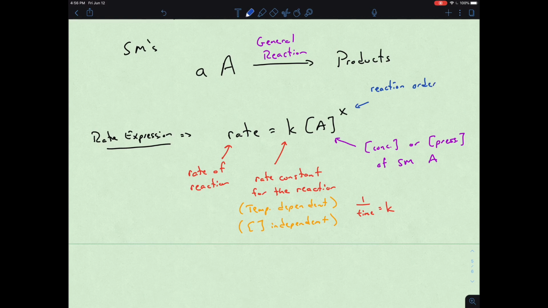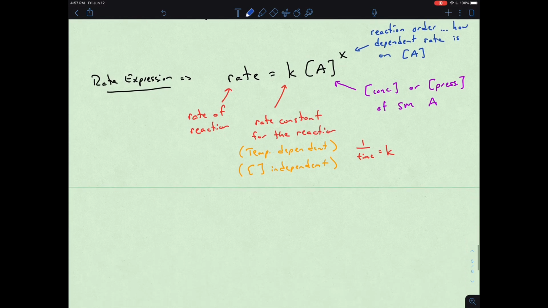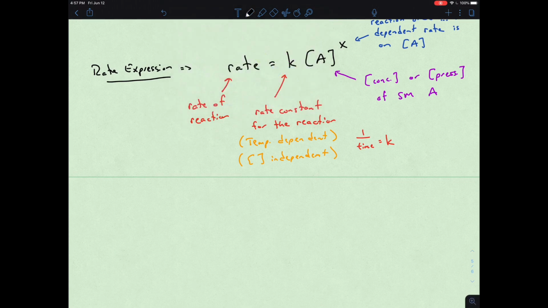With respect to A. And so reaction order is how dependent the rate is on the concentration or the pressure of A. So we might find that it's more dependent or less dependent, and that depends on our X value. So with these, we can start with a number of ordered processes. We could look at a zero order